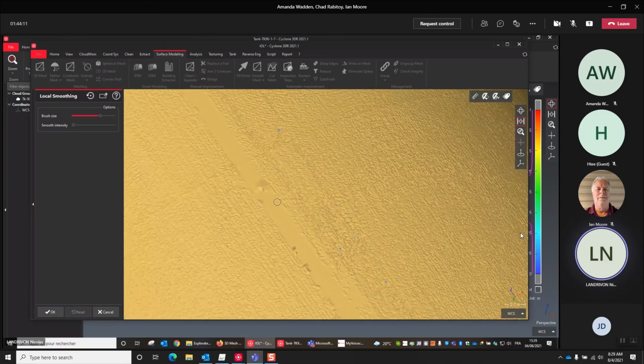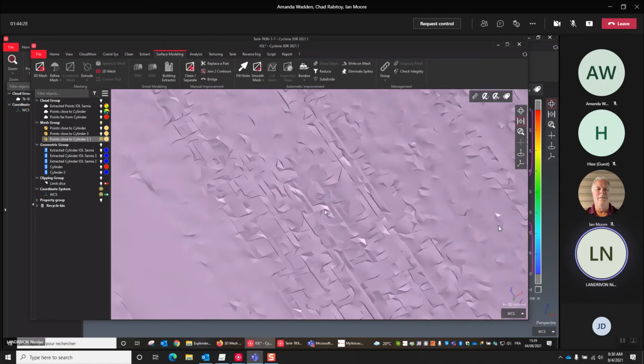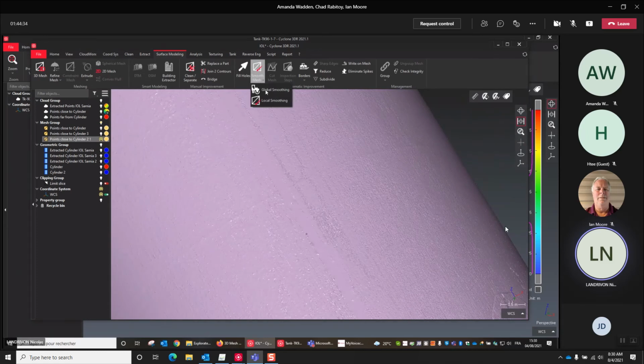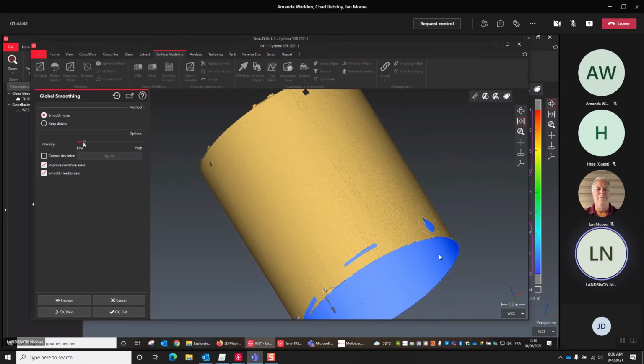depending for sure on the size of the triangle, which in this case here are very small. But you can use local smoothing to smooth locally. In this case, in order to remove these noisy points and try to get something a little bit smoother, I will smooth the entire mesh a little bit, not too much, because if you smooth too much, you modify the shape of the triangle and you probably modify the topology. You can modify the topology of the mesh. So use the low value and improve curvature areas.